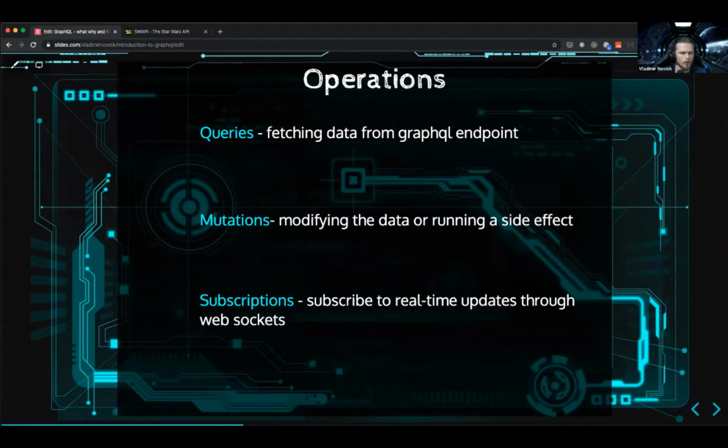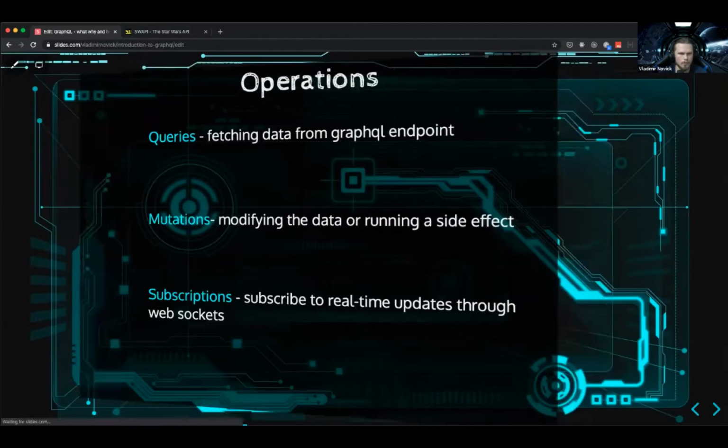And the cool part with GraphQL, you can combine different data sources, or not even data sources, maybe REST endpoints, into one spec that will be available in one endpoint to the client. Also, GraphQL has the subscription operation, which means that you can subscribe to real-time updates through WebSockets. And here we bring real-time capabilities to our apps, following the same spec.